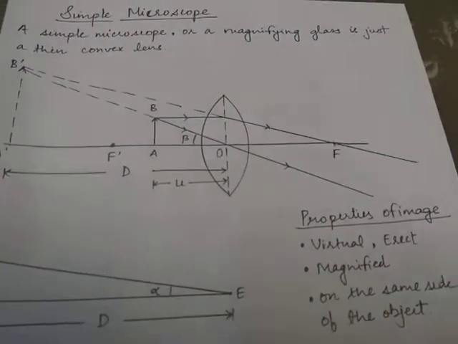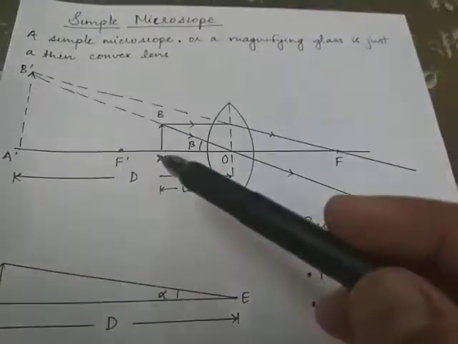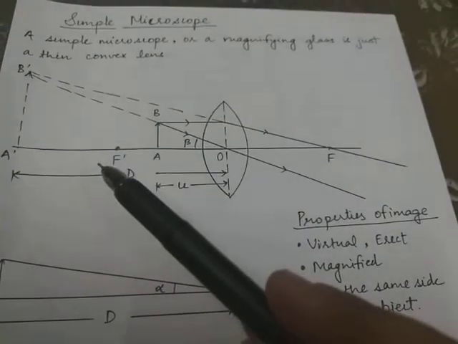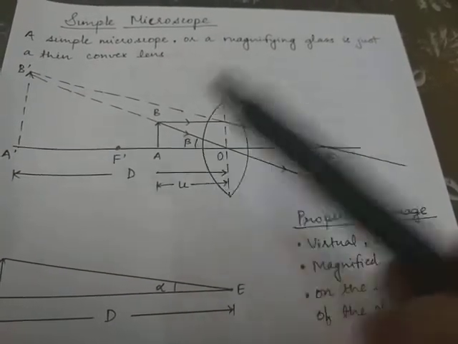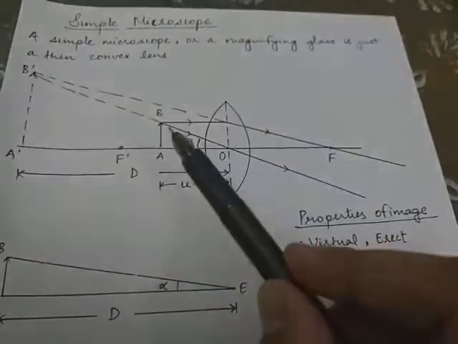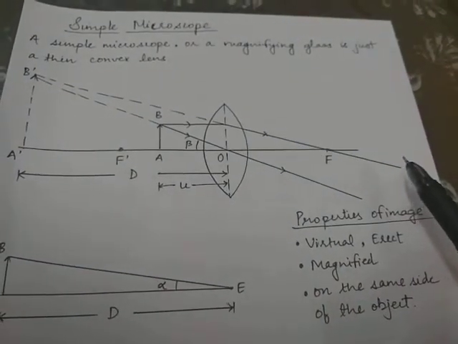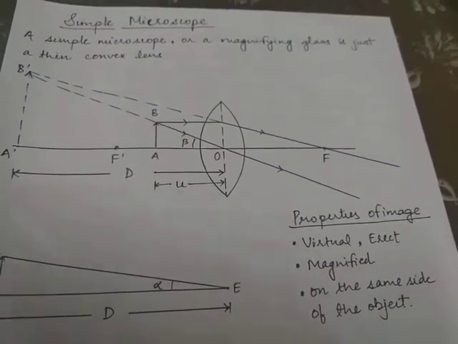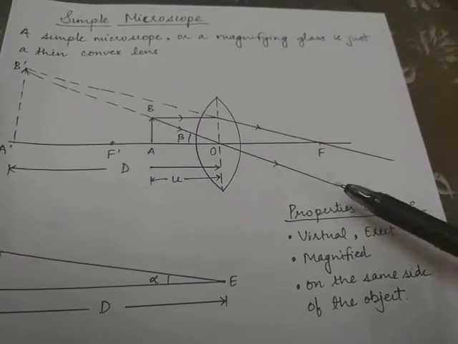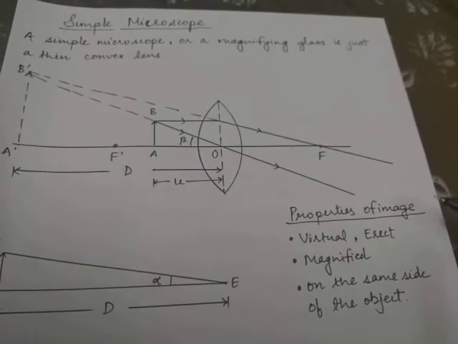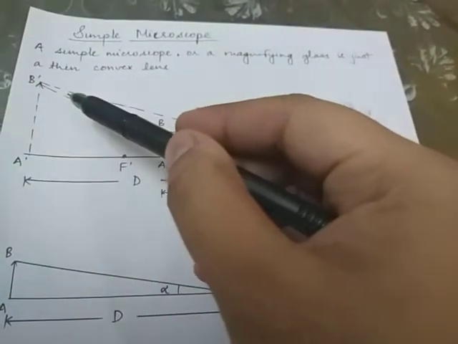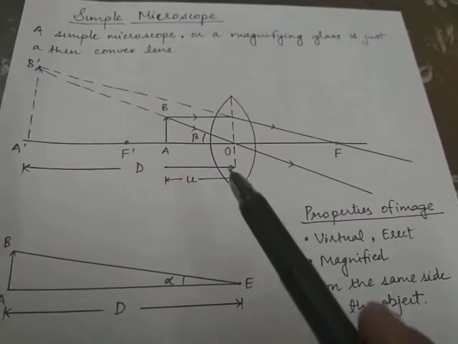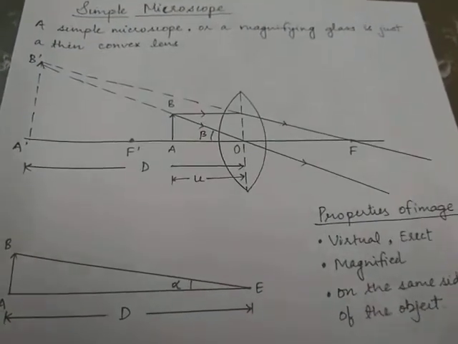Let's see the ray diagram first. This is the convex lens. An object AB of finite size is kept at a distance u from the lens but inside the primary focus of the convex lens. The first ray which travels parallel to the principal axis will pass through the focus, and the second ray which is passing through the optical center will remain undeviated in its own path. As the distance between these two light rays keeps on increasing, they will not meet in the forward direction, so it seems that they are meeting in the reverse direction. So a virtual image A'B' is forming, which is at a distance capital D from the lens.